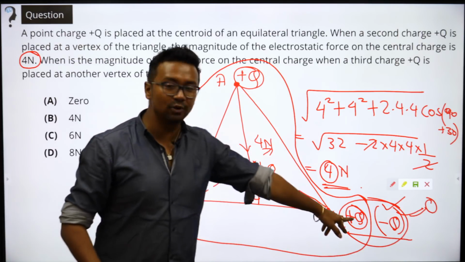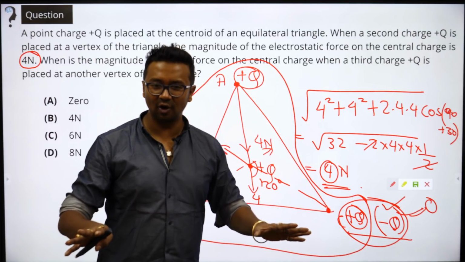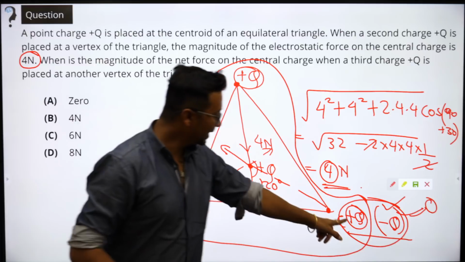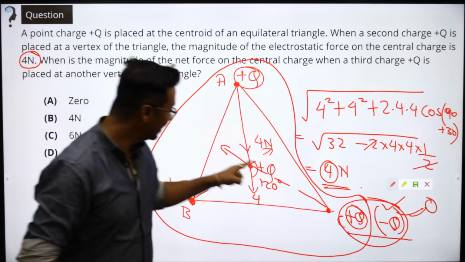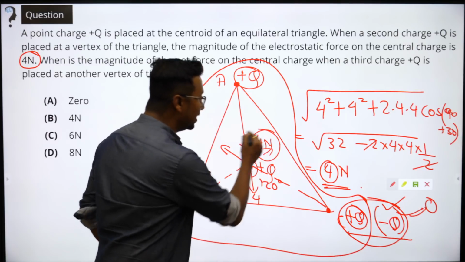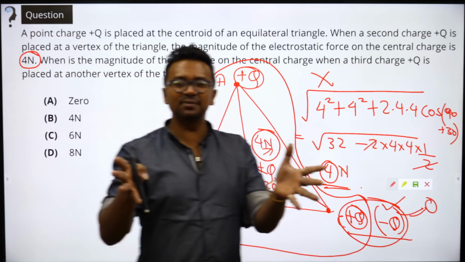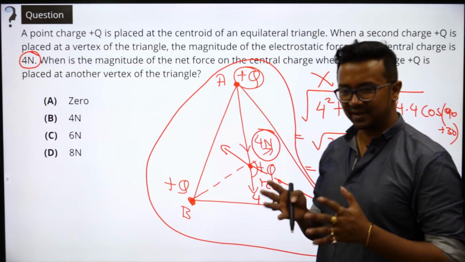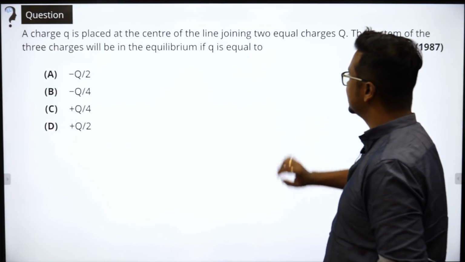This and I included another one here, due to which the net force is 0. All right. Then इधर प्लस q डालूंगा तो एक माइनस q भी डालना पड़ेगा, तो माइनस q के कारण the force is going to be 4 Newton only. No calculations required at all. ठीक है. Helps me to solve my question much faster. Clear? Fine students, let's go ahead to the next question.